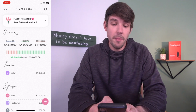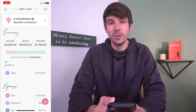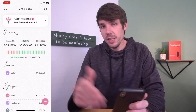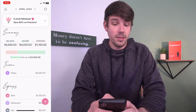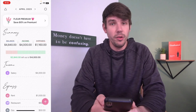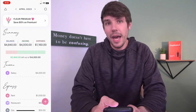But if we look at the balance, it's actually $2,000 more. The reason is because we went into the accounts section and changed our checking account balance to $2,000. That's basically like saying we've got $2,000 coming into the month. And that extra $2,000 can either be spent so that we have zero balance, or we can just keep rolling that extra over into following months if we have something that we're saving for, like vacation or a house or